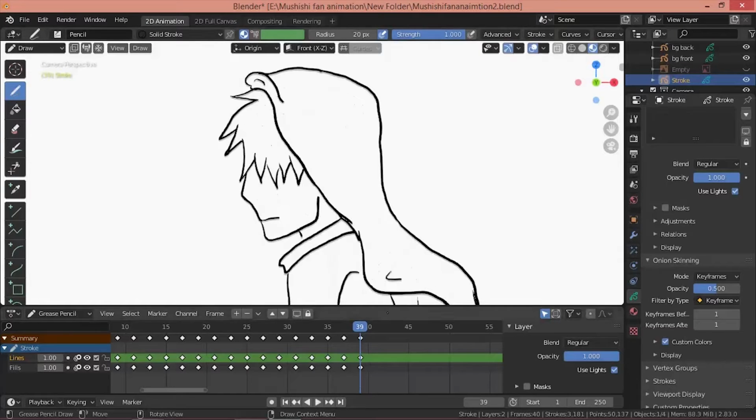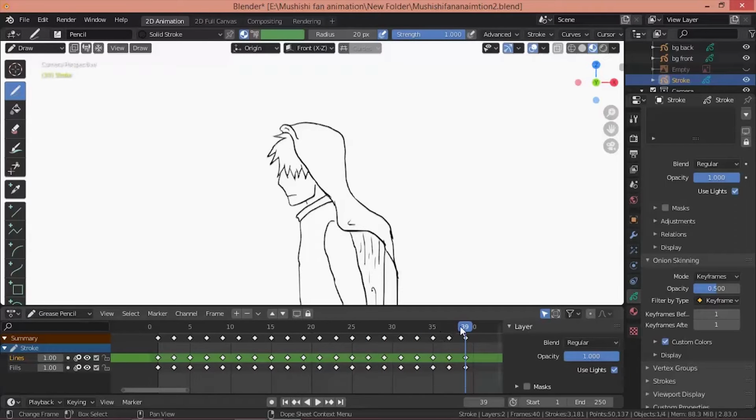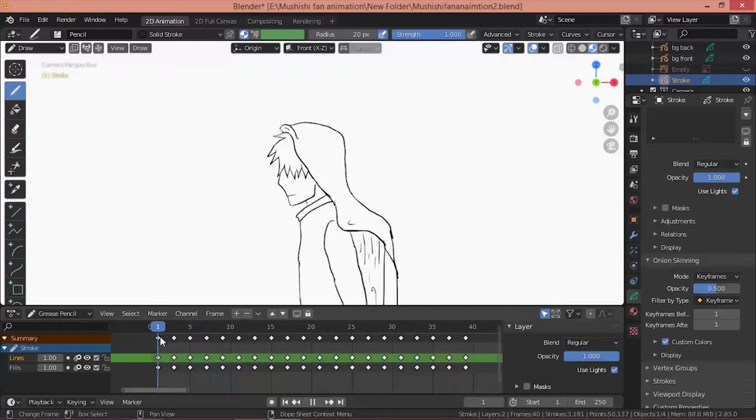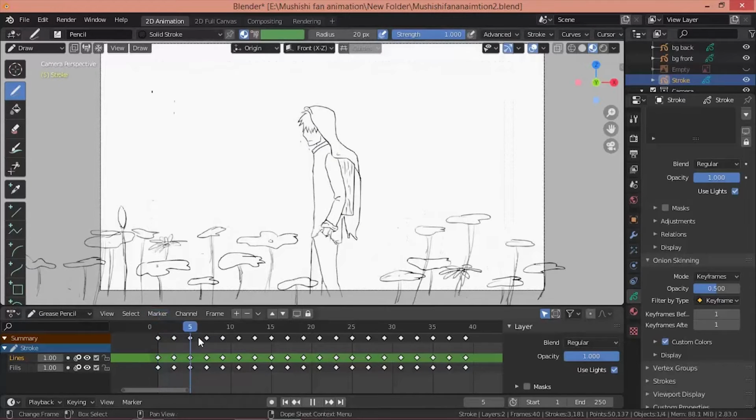And so now basically you keep drawing frame by frame the movement of the character, and the slight subtle movements, like the legs walking. So basically in this I had 3 key poses. First was this key pose of him standing.